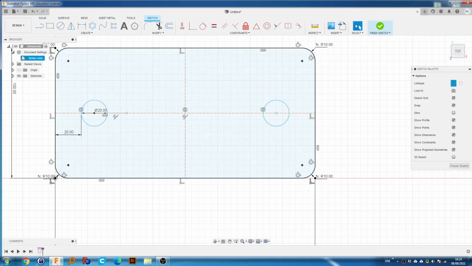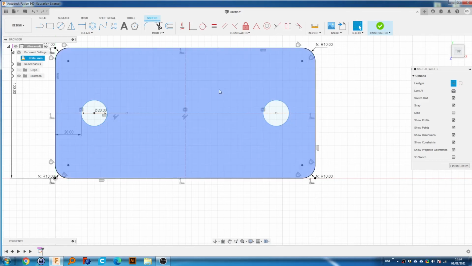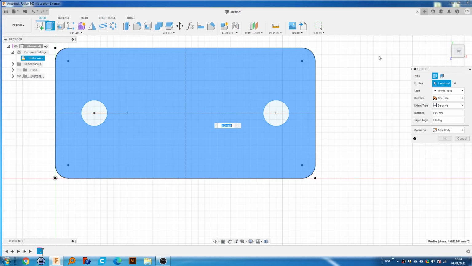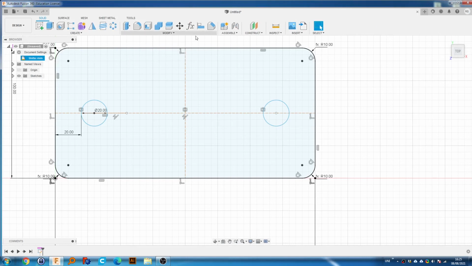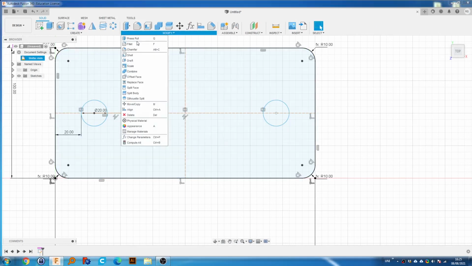Okay, so obviously if you learned anything from 2 minutes ago, you realize that we probably didn't need to even do that. We could have used the mirror tool. Anyway, so what we're going to do is extrude this by pressing, sorry, I'm jumping ahead of myself. We're going to go to finish sketch. And we're going to go to modify, and we're going to go to